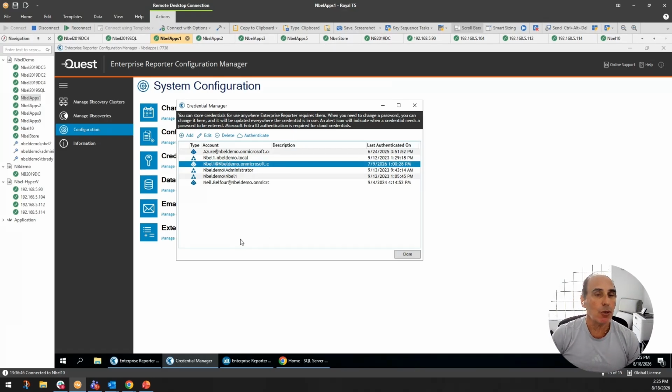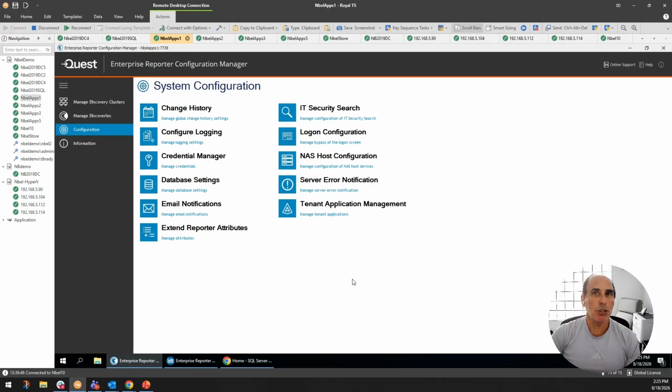This way you have your credentials in place before you start configuring your discoveries. Makes it a lot easier. This account has access to SharePoint. This account has access to Entra ID. This account has access to Active Directory. Highly recommend it. Also, when it comes to anything Office 365, that's the one I speak to a lot of organizations. When it comes to Enterprise Reporter for Office 365 and half the suite, they're not utilizing it. First of all, they didn't even know they had that ability, but they're not utilizing it because you have to